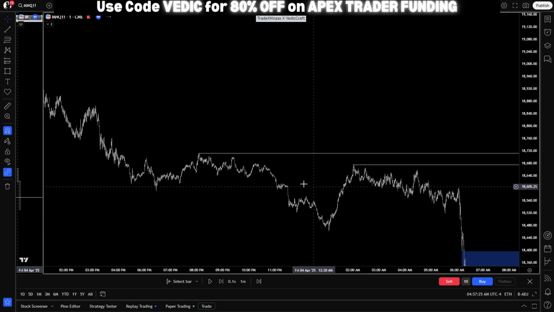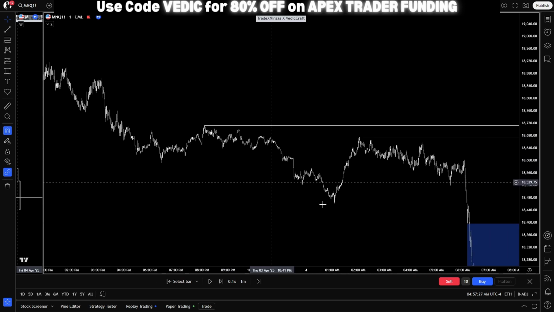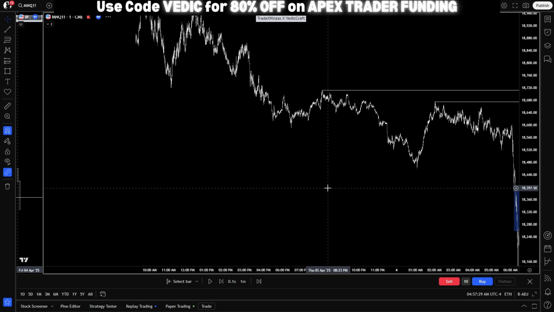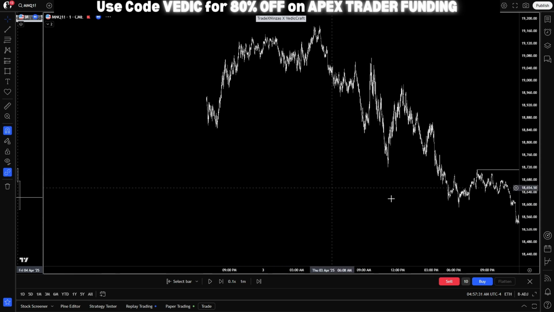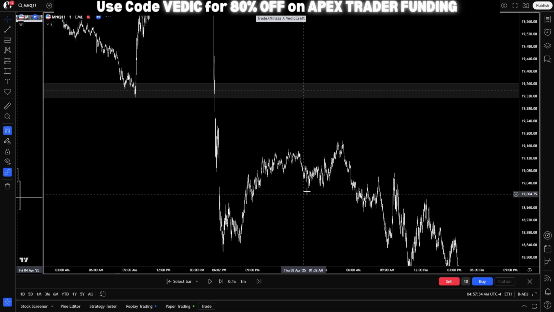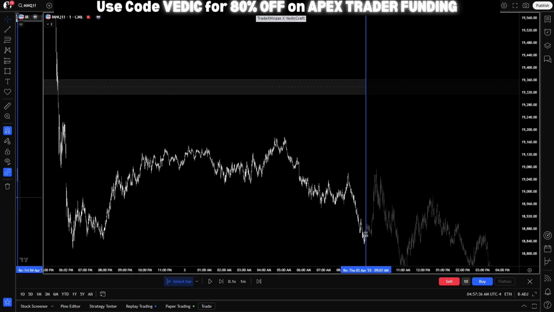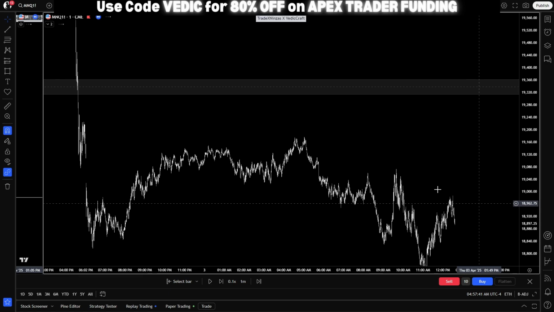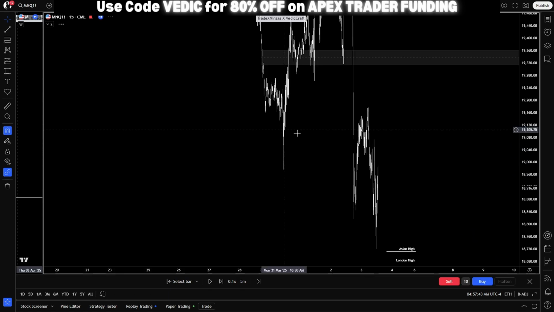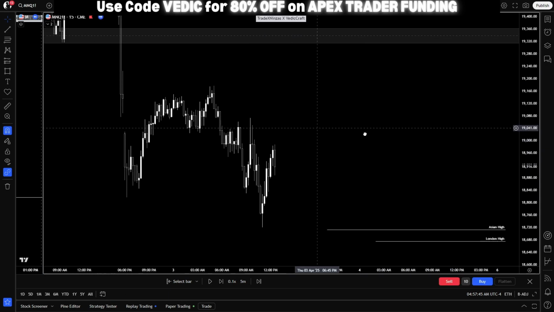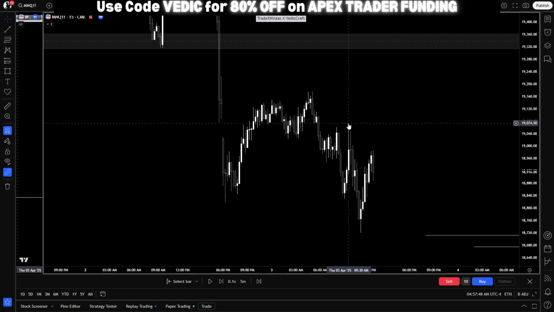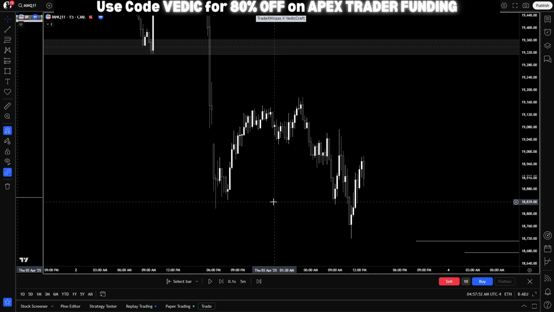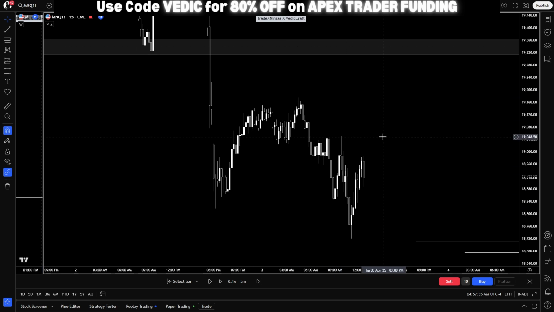If I go to the previous day, this is fourth. If I go to third, you can see, yeah, so this is my opening candle. So why am I short here? Why did I do a short setup right here? Because